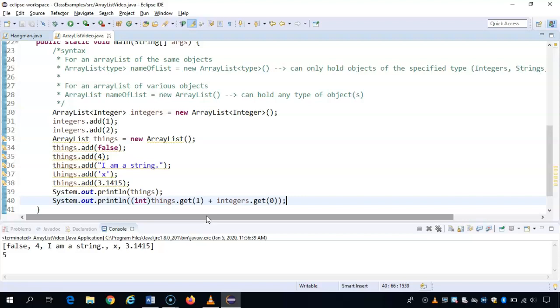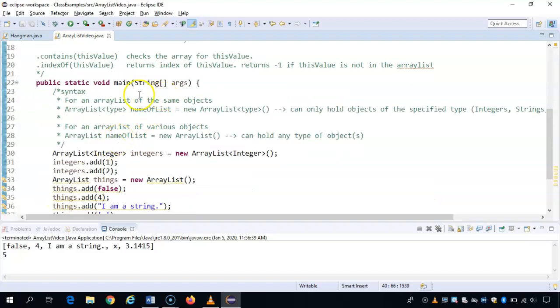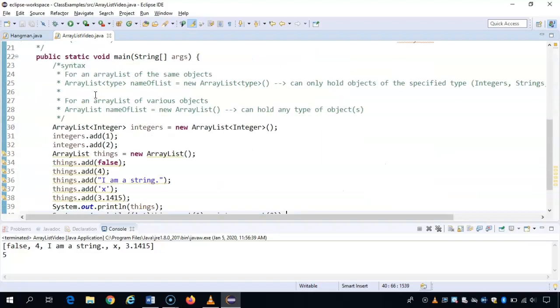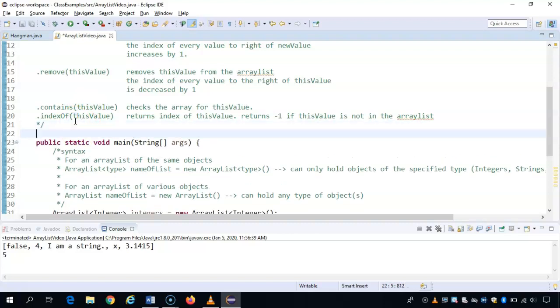So that concludes this video over ArrayList. We've covered all these methods: .size, .get, .set, .add, .remove, .contains, and .indexOf. I guess one more thing is to show you that we can actually make a method that returns an ArrayList. We can have static, and then ArrayList